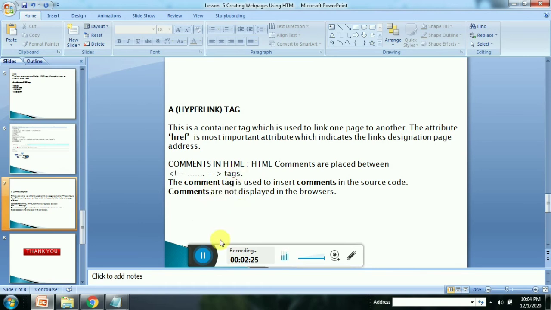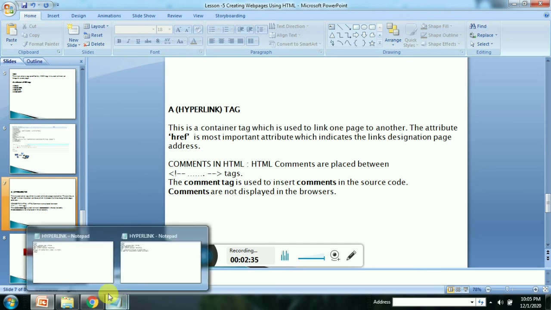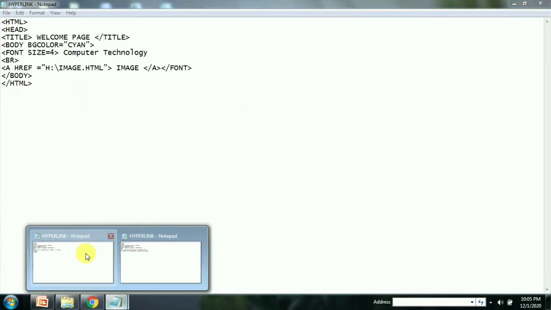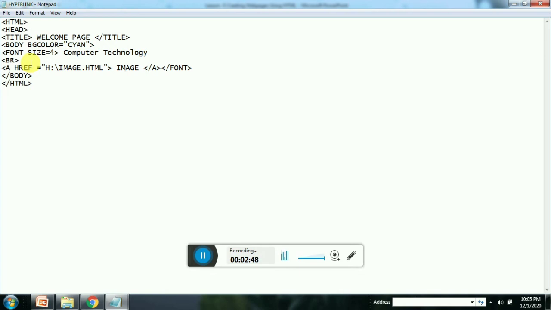If I want to edit my code, I can easily understand what the code is for. Now let me insert one comment, and you can see comments are not displayed in the browser. So here I will simply add one comment.